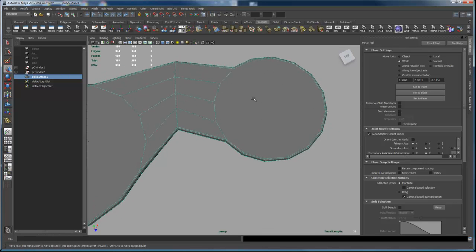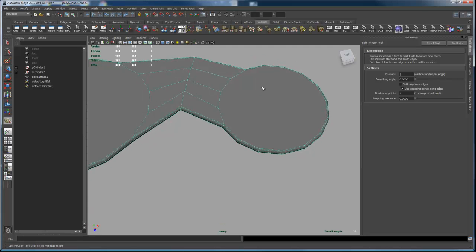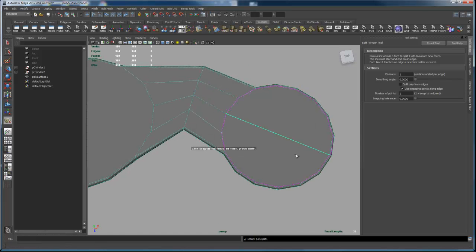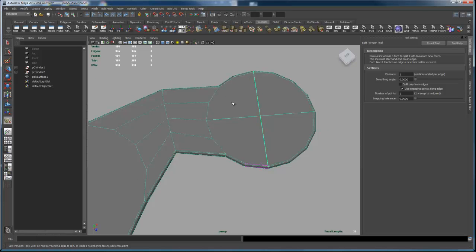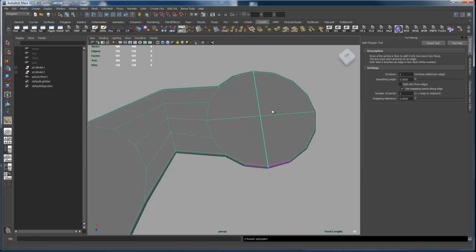So let me show you how I can quickly turn these guys into quads. I just come up here to my split polygon tool, which is under Edit, Mesh, and there's a new version of this. This is the older version. You can still access the older version. I prefer it. And all I have to do is come in here and just split this guy up. Okay, so now it's got 2 sets of polygons with 8. Now it's got 2 sets of polygons with 6. And now if I come in here and split it from here, I didn't drop the tool first, and